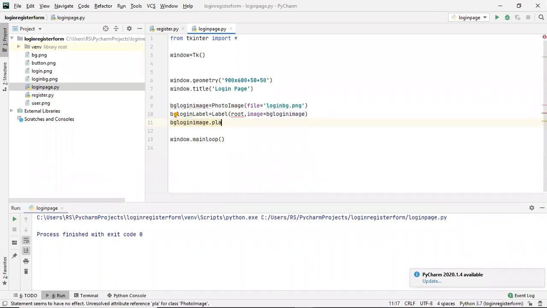Oh, any mistake here? This cannot be root here. This has to be window. So I want to place it inside my window, right? This label has to be inside a window. So this place, and where I'll place this, from x-axis at a distance of 0 and from y-axis at a distance of 0. If I run now,